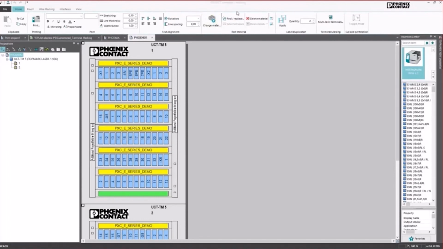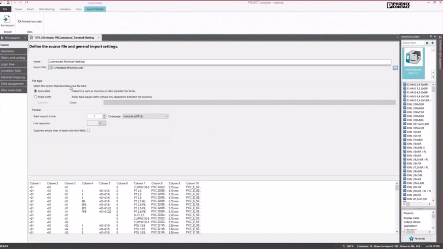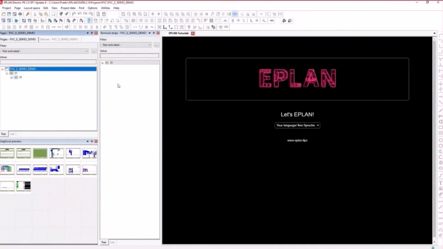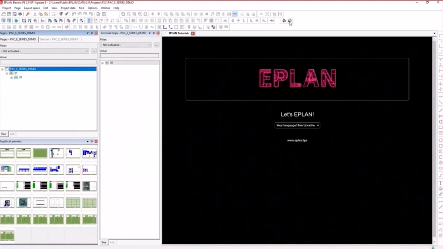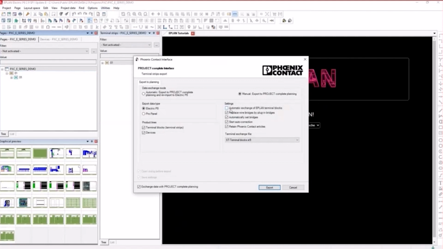Okay, but let's show what the other export possibilities are. So I will close the projects here. Good. Now we go to EPLAN, and I want to show the other export possibilities. You have here the buttons to export complete marking information, and when you go to Utilities, Project Complete, you also have the export to marking, auto planning. So right now you can see that I have not installed the newest version of planning. If I press export marking here or here,